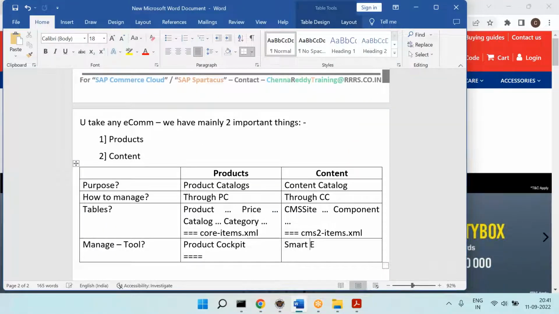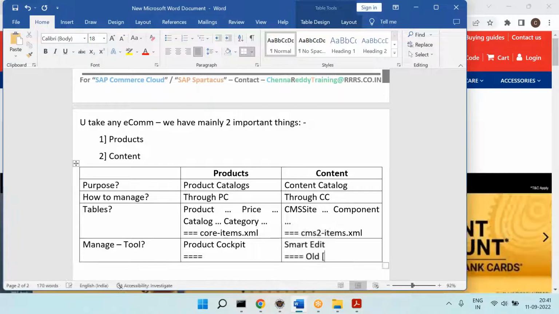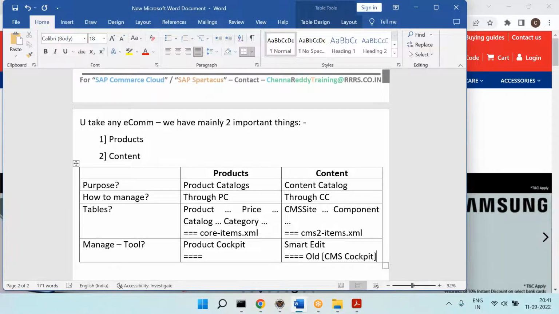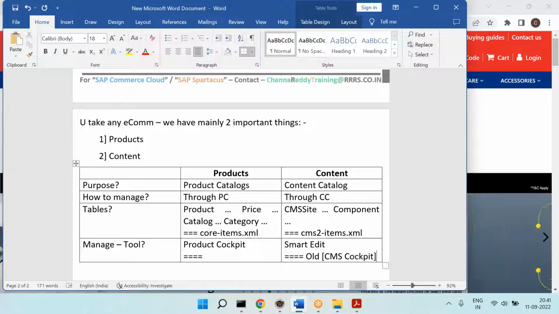Then we have Smart Edit. In the old versions, we have CMS Cockpit. Now we are not using CMS Cockpit in the latest version. It is already deprecated. We are using Smart Edit. Good. Next,